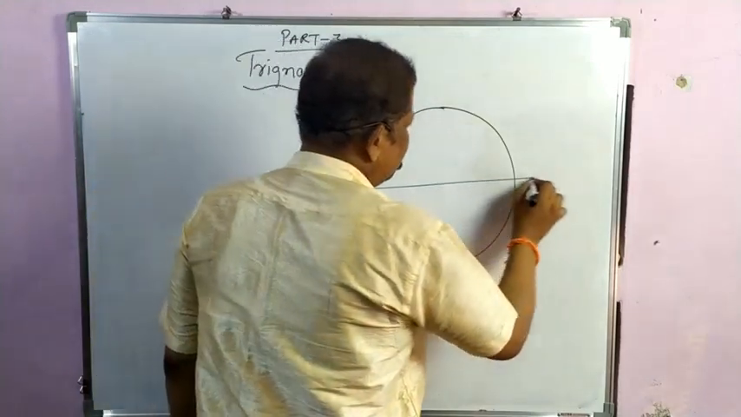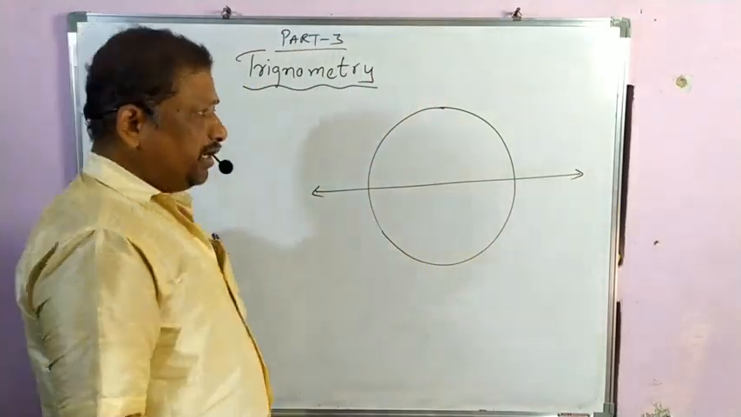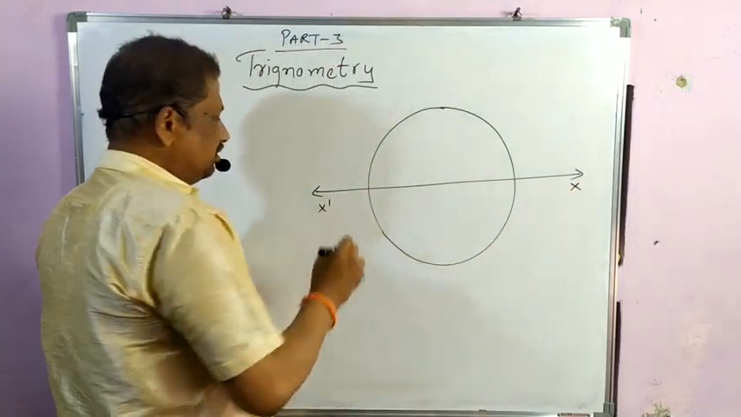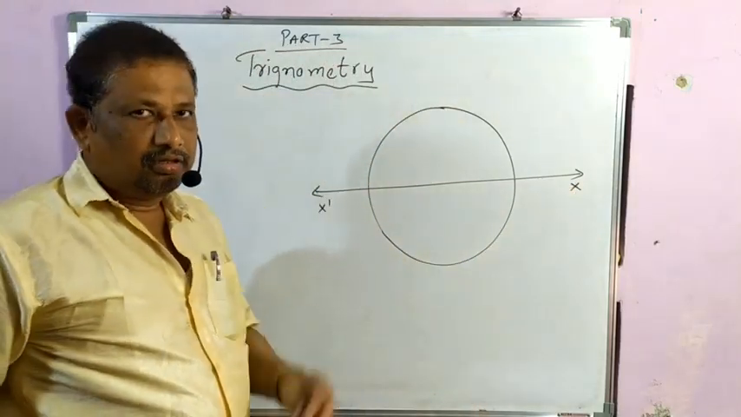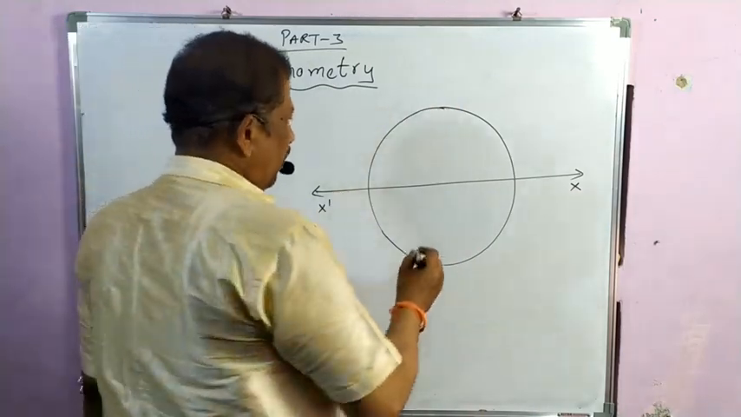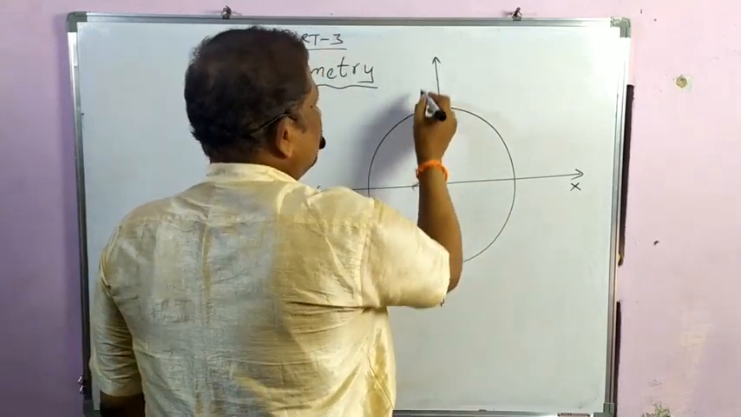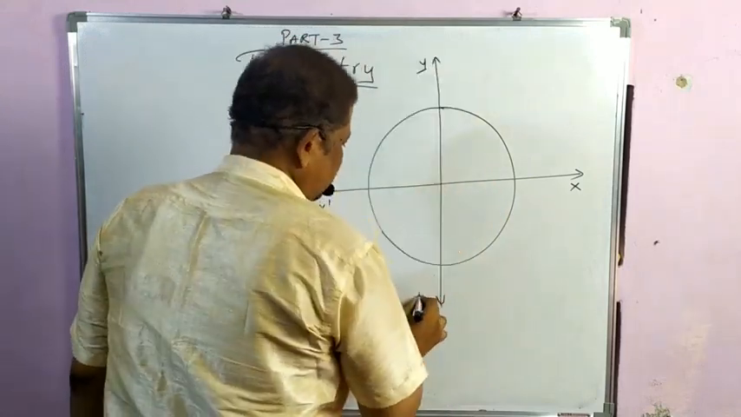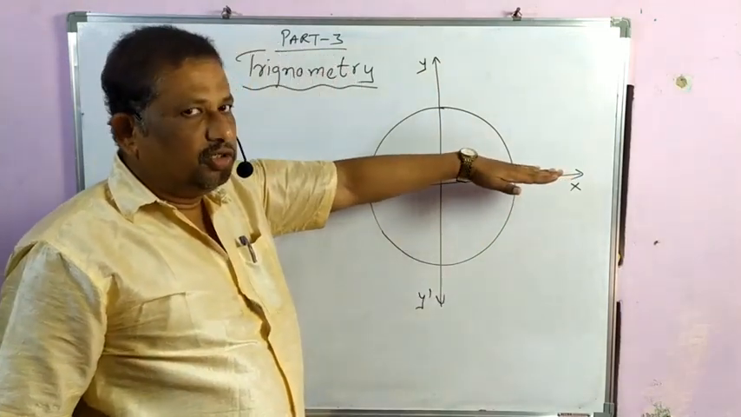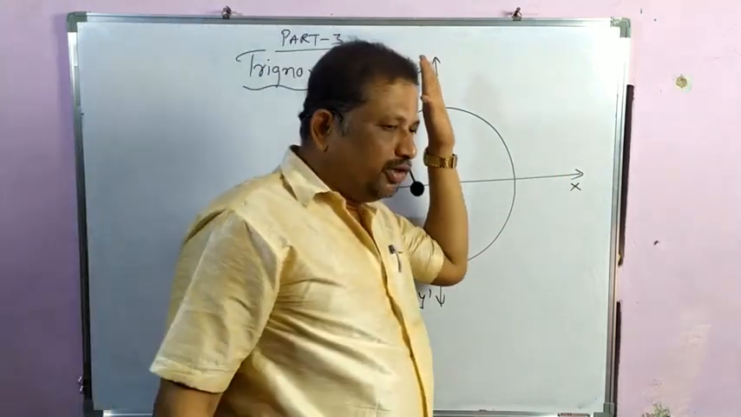plane. In this plane, I am going to draw the coordinate axes. First x dash, this is the x axis. Next the y axis also I will consider, y dash. So the x axis divides the plane into 2 parts horizontally, and the y axis divides the plane into 2